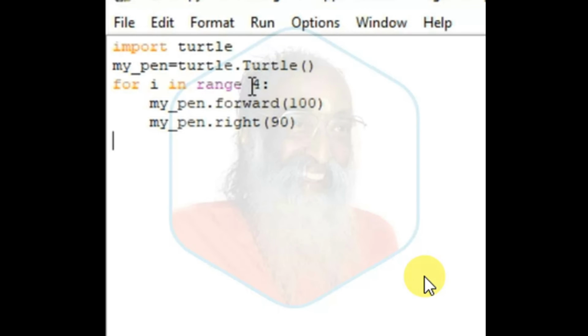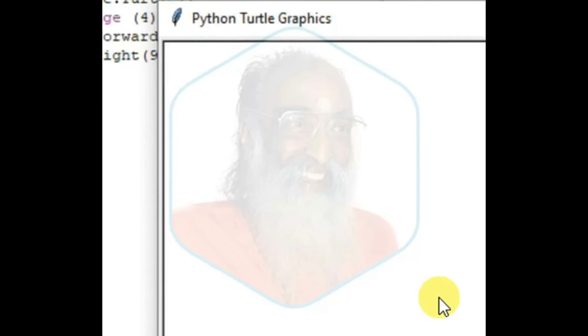I have kept the range as 4 and I am instructing the turtle to move forward for a length of 100 and take the right direction with an angle of 90 degrees, and the same thing will be repeated 4 times. Let us see the output by running this code. Here you can see the square box drawn by the turtle using this code.